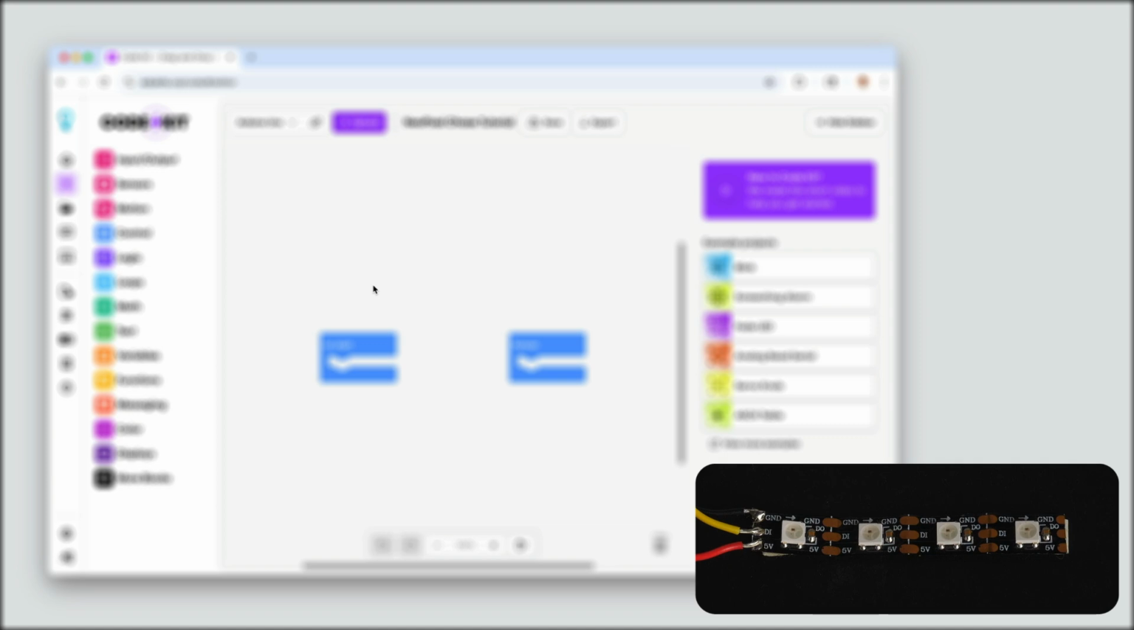In this video, I'm going to be showing you how you can create a NeoPixel LED strip chase effect using Arduino block coding with CodeKit. The effect is going to be just like the one you see on the screen right now,